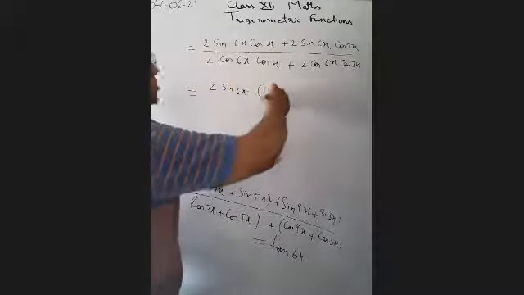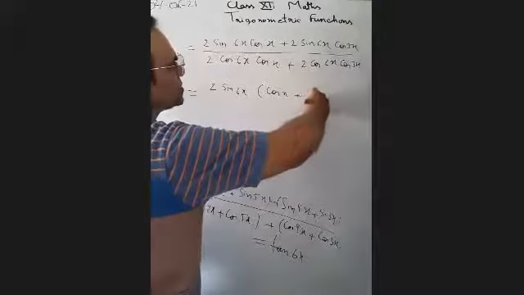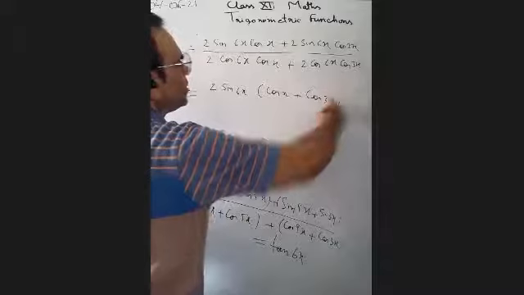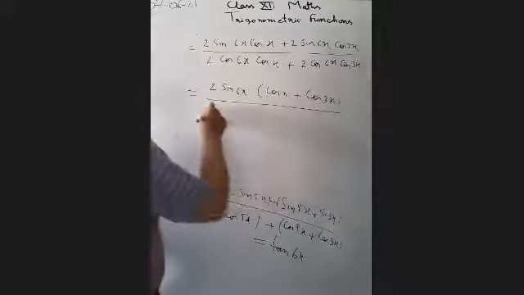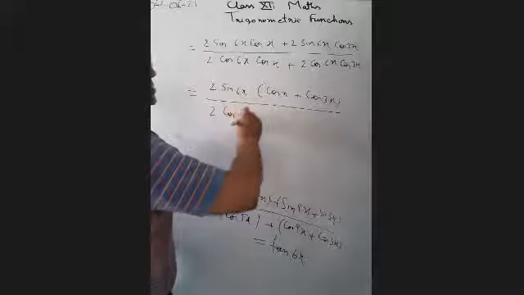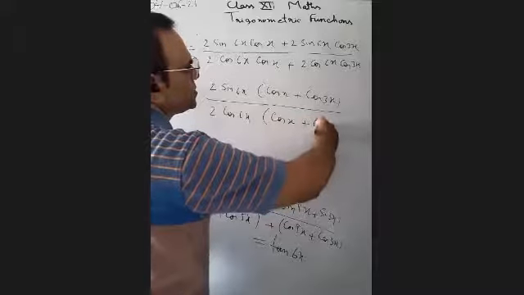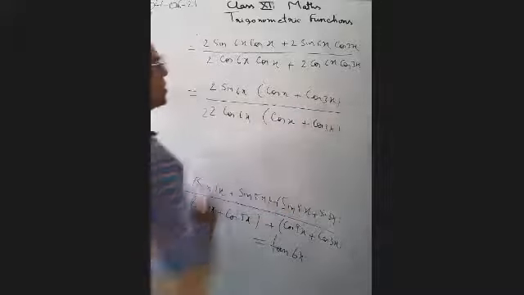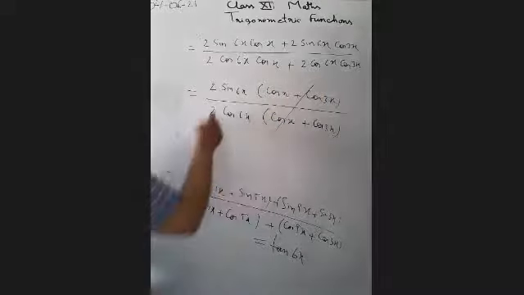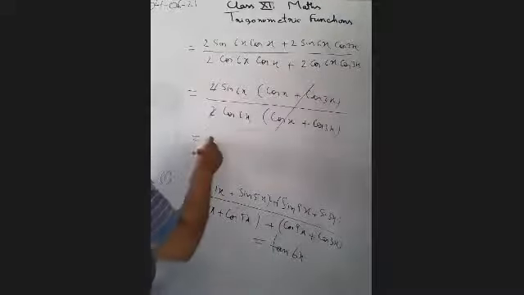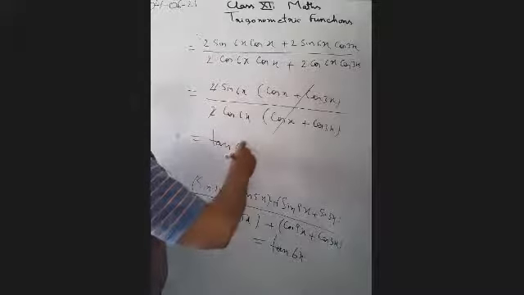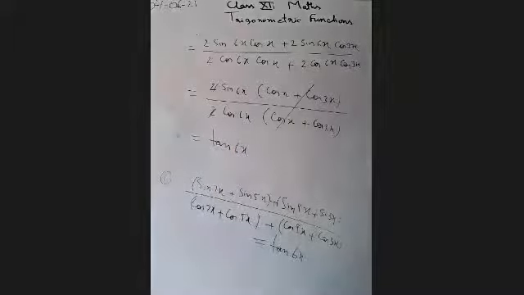You will get cos x plus cos 3x. In the denominator, we also can take common 2 cos 6x. Then the terms will be cos x plus cos 3x. Okay, now these terms are in product. You can cancel these two terms. 2 and 2 we can cancel, which is equal to tan 6x. This we have to prove. Okay, we have applied only the CD formula in numerator and denominator terms. We got the answer.